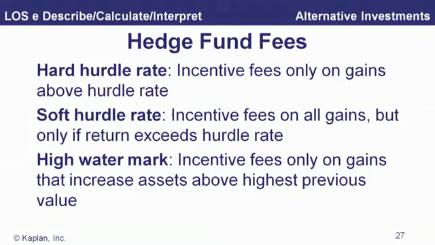Another term along these same lines with hedge fund fees is a high water mark. A high water mark just says we're not going to pay you twice for making the same returns. So the fund's $10 million, it grows to $12 million, you pay them their 20%. Now things don't go so well, and the value goes back to 10 million. As it goes from 10 back up to 12, if there's a high water mark, they don't start getting incentive fees again until it gets back up to 12. So you're not going to pay them incentive fees on getting from 10 to 12 two times in a row. We don't want to make a career out of that.